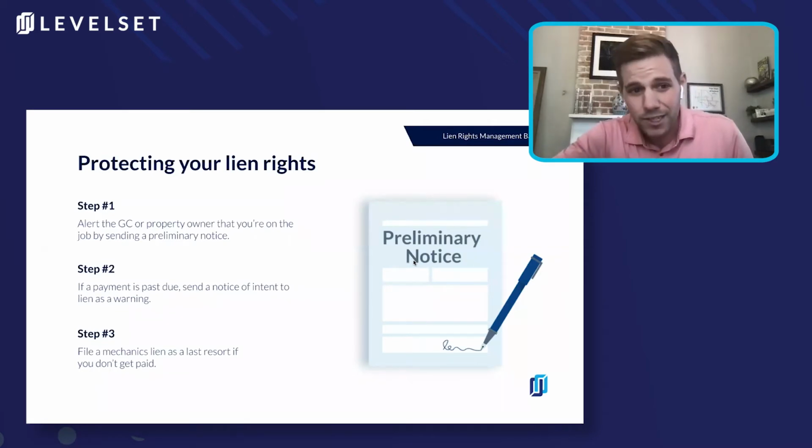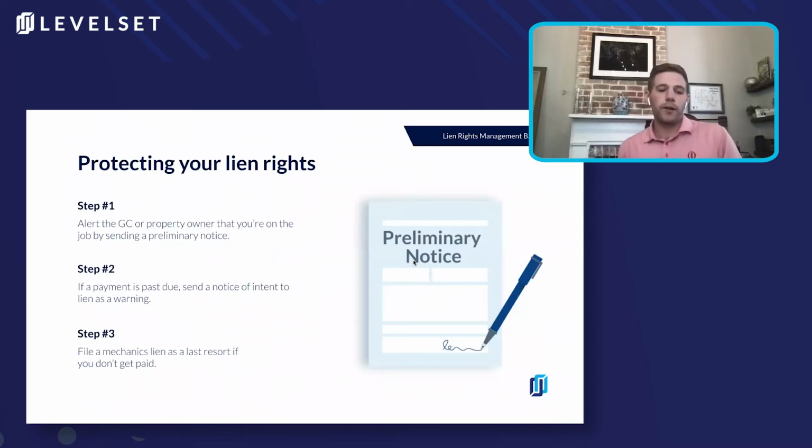It's going to be sent out to the people making payment most often, so that GC and that property owner. And this is something that's best practice across the country. Let's say that we get going on a project though, and money's not exactly being paid out in the timely